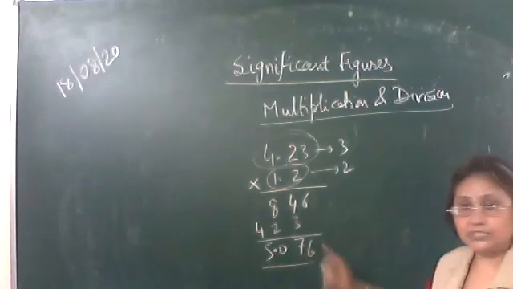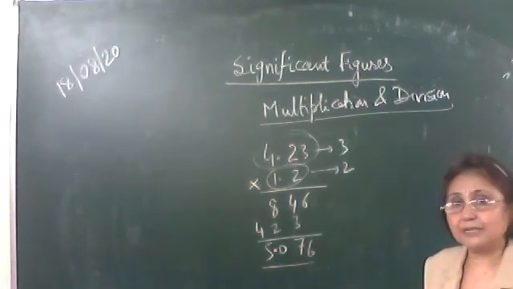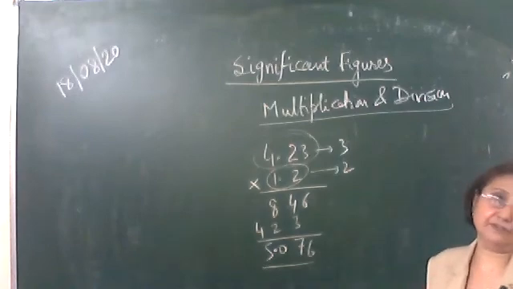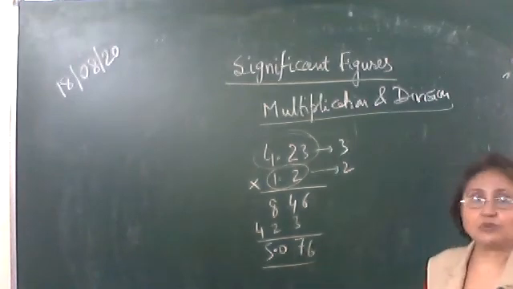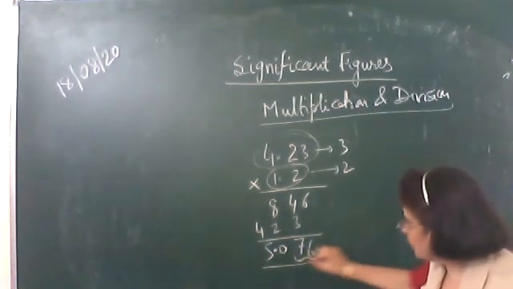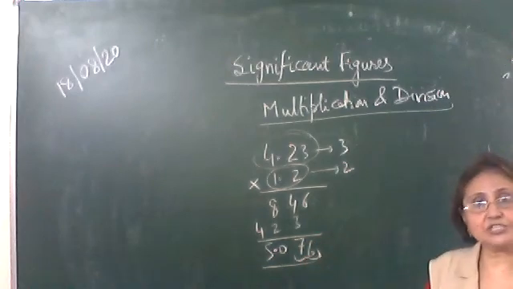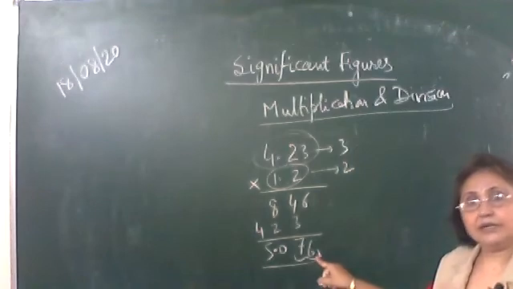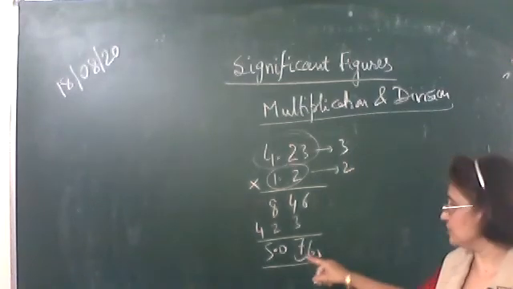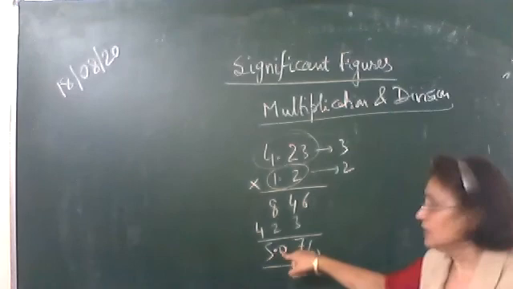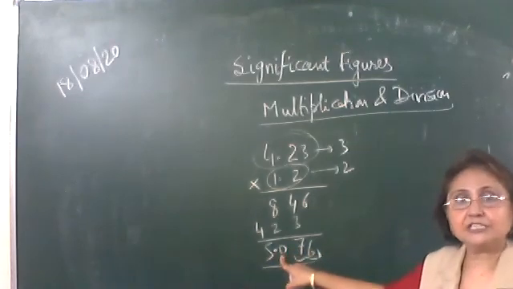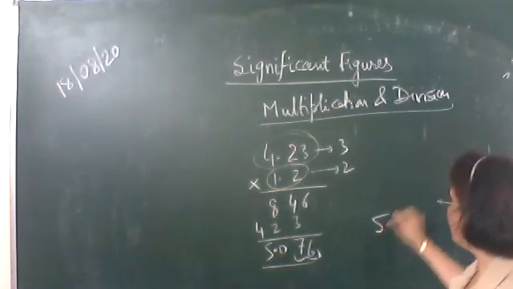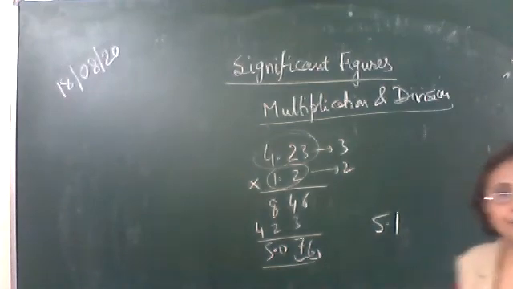Okay, according to this, we see that there are 4 significant figures, but this answer is not in proper significant figures. So we have to express only in 2 significant figures. So it means we have to drop out the last 2 digits. Okay, so you can see greater than 50 or less than 50. So this one is greater than 50. The preceding digit will be raised by 1. So the answer in proper significant figures will be 5.1.